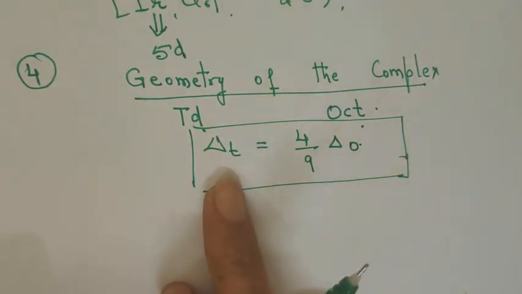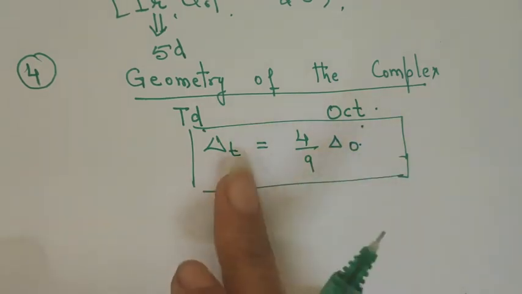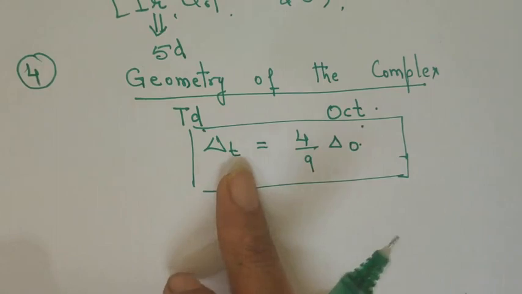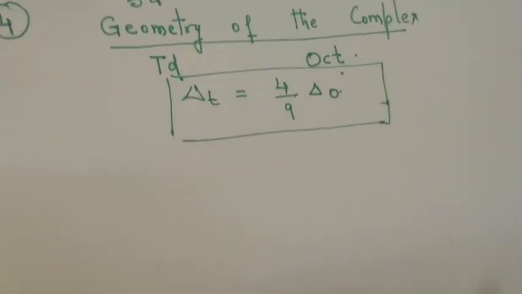The reason is known to you. Lesser number of ligands in tetrahedral complex, 6 ligands in octahedral complex, 4 ligands here. None of the ligands is directly approaching any of the metal d orbitals, whereas in the case of octahedral complex, the eg set of orbitals are directly pointing towards the direction of the ligand. So this is about the factors which are affecting the value of crystal field splitting.